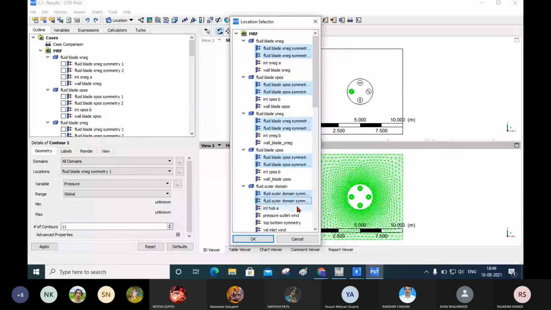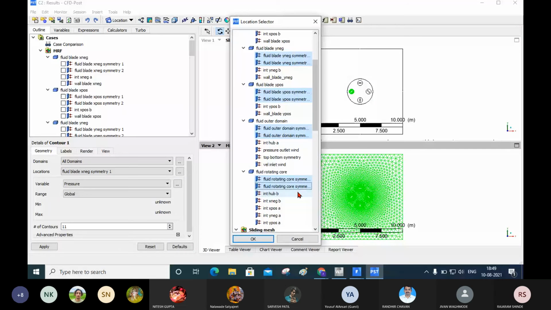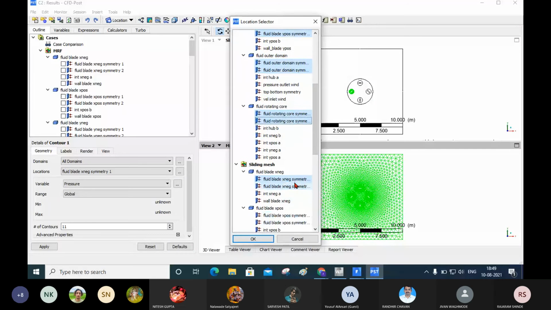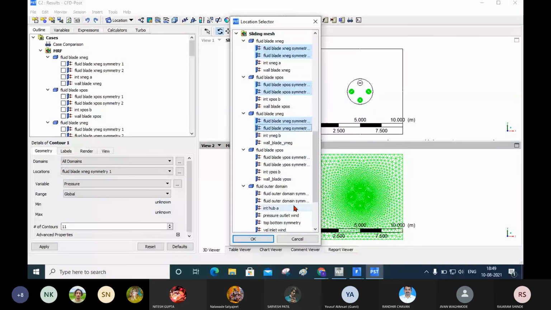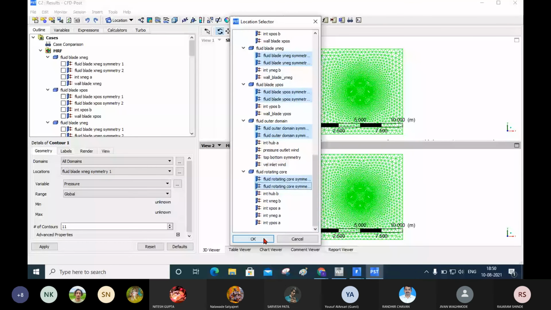Now it is selected for this one. Press the Control button and select one by one. I will click OK here. Now these are the locations.